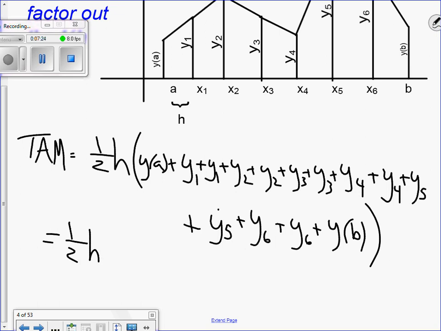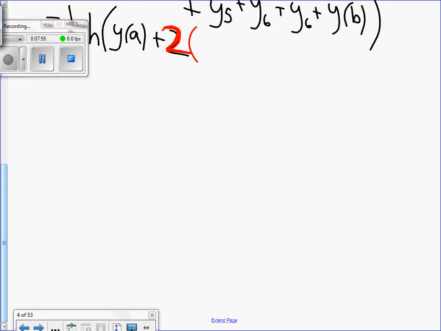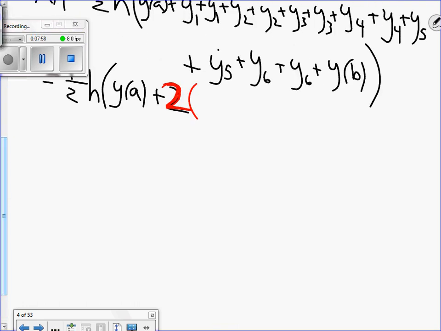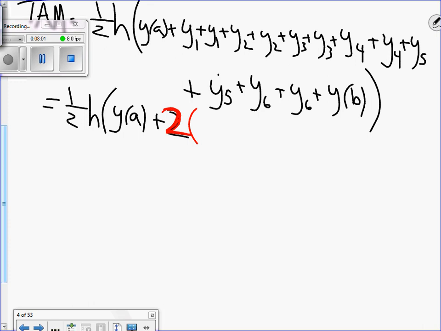So you have 1/2 the height. I only have one of the first base. So y, we're going to leave that. But now I'm going to be able to clean this up. I'm going to write plus 2 times. I'm going to write that in red because it's important. And that's what we do when it's important. All right. What goes in the parentheses? Plus 2 times, what do I write in here? y1 plus y2